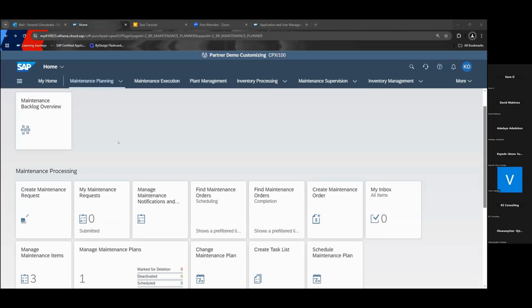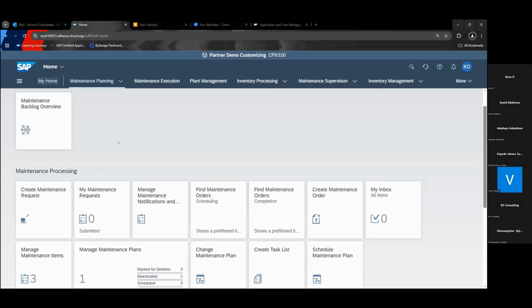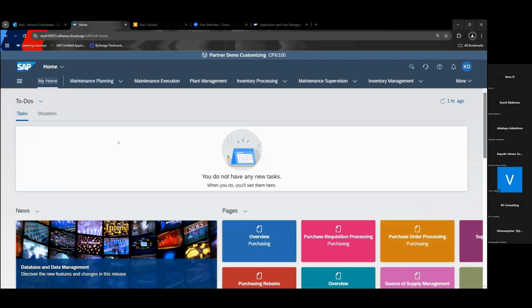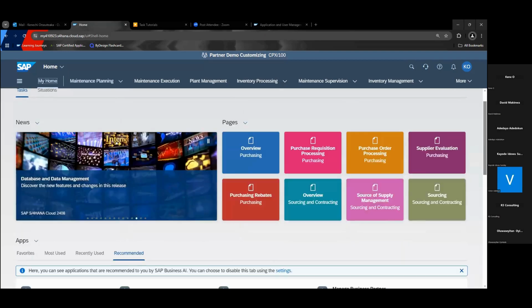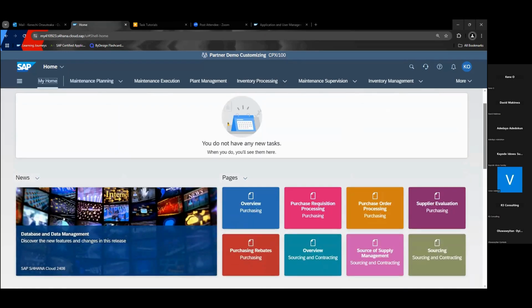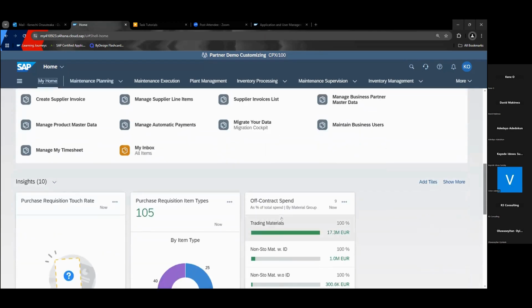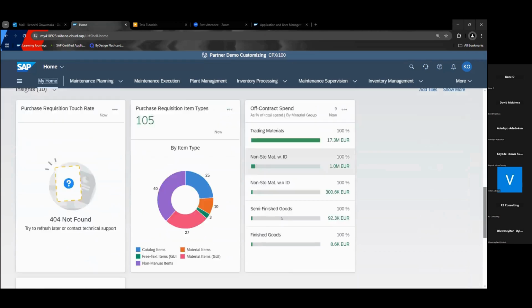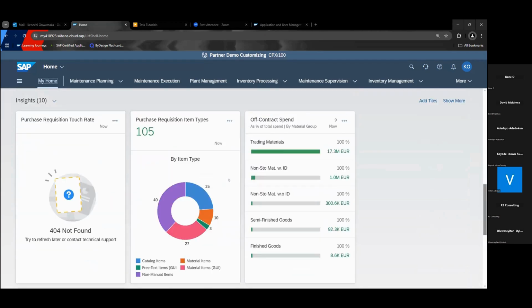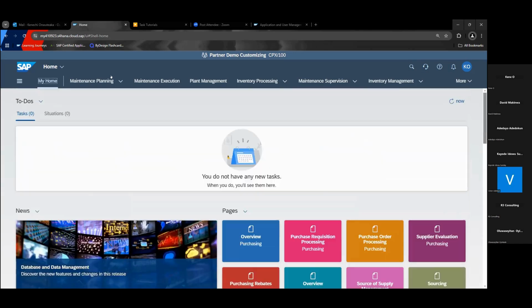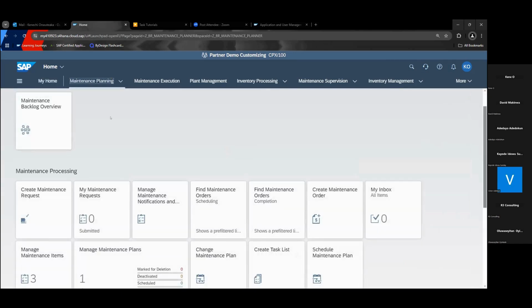So let's go through the home screen of what the system looks like. Here we see we have different tiles, it makes it easier for us to use the app. We can customize it to what we want to see. So our main work here is on the maintenance planning.